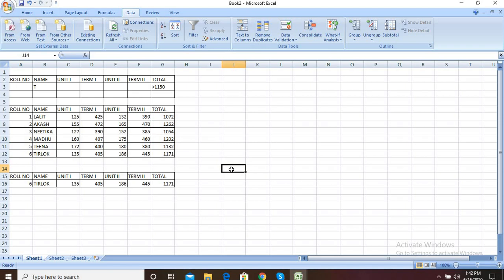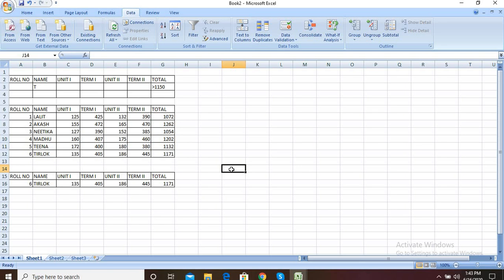For example, if the total marks scored by a student are above 1000, it should appear in a green color with a bold effect. If they are between 800 to 1000, then they should appear in a yellow color with a bold effect, and if less than 800 should appear in a red color.